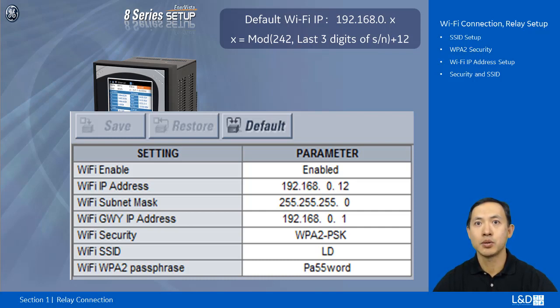and it creates a usable address space from 192.168.0.12 to 192.168.0.253 for 8 series devices. For here, we just set it to 192.168.0.12. Then, under Wi-Fi security, choose WPA-PSK, set SSID to LD to match the SSID of the access point, then set up the WPA2 passphrase to